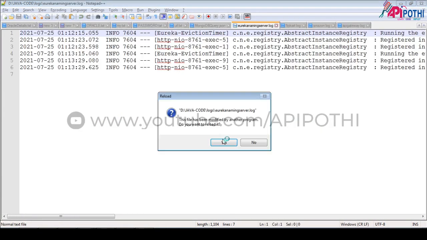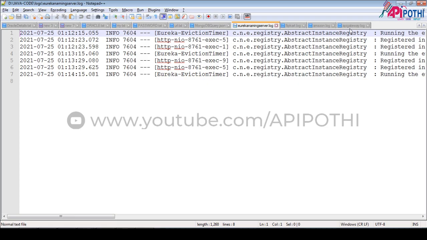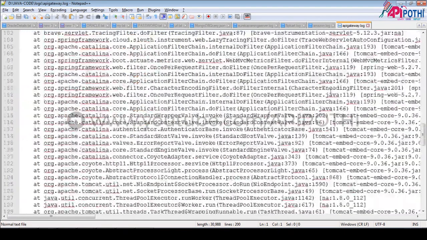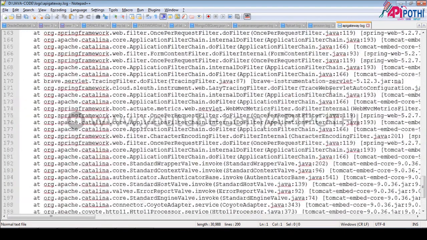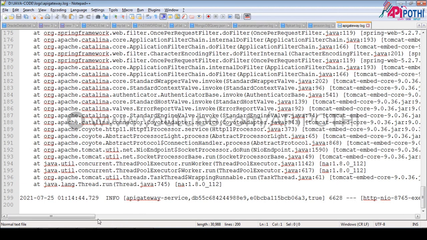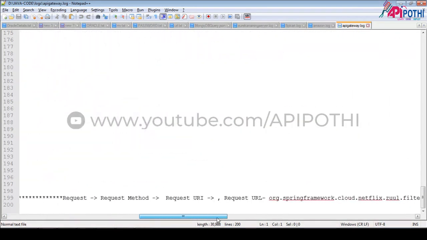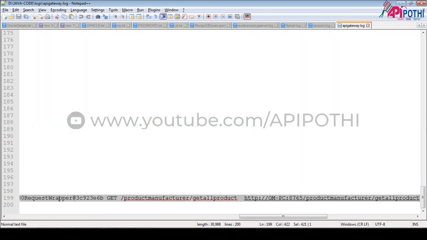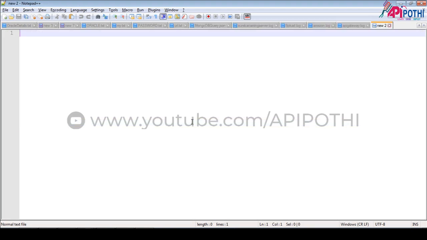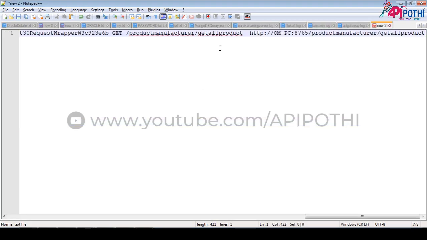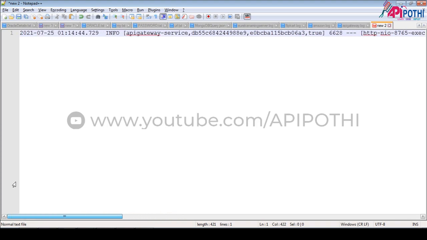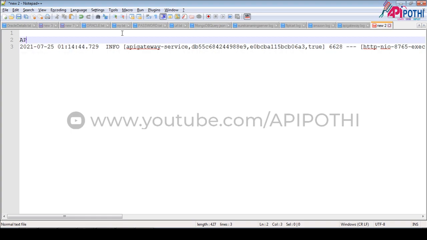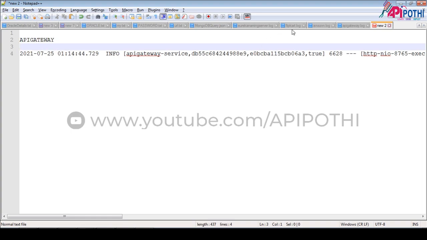First we will go to our API logs, and in the API logs we will go down here. We will see some identification number. If you see this last one, this is the log we are printing. Just copy this one and paste it here. Now this is our API gateway log.